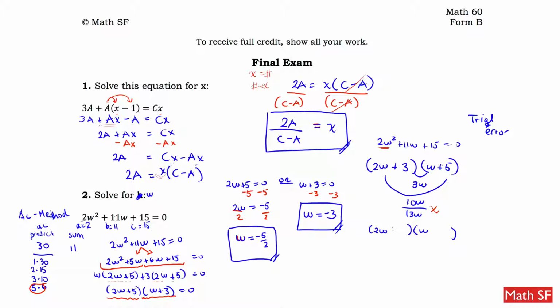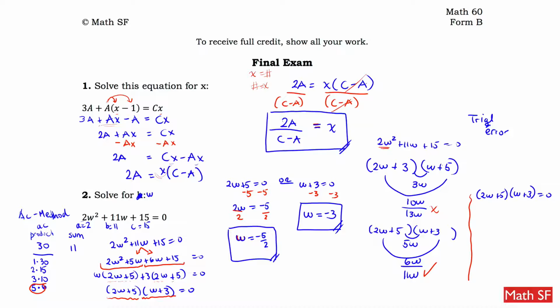But how about if I switch the places? Let's see what happens if I switch the places. 5W times W is 5W. 2W times 3 is 6W over. So 5 plus 6 is going to be 11W. Oh, this one matches. Therefore, this trinomial is actually (2W plus 5) times (W plus 3)